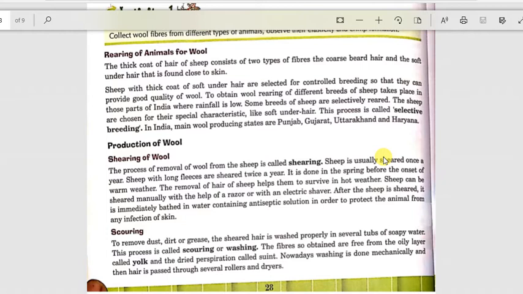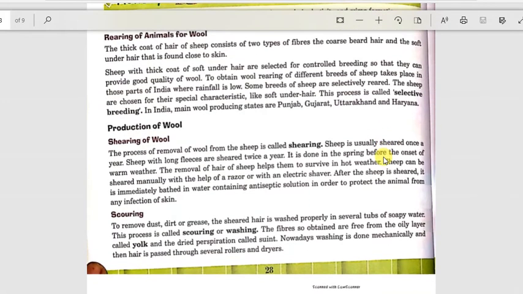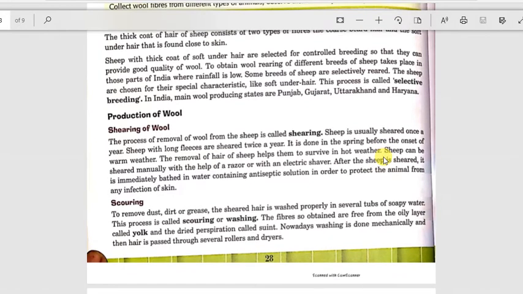This process is called selective breeding, that means selecting a sheep that has a thick coat of soft underhair for controlled breeding. In India, the main wool producing states are Punjab, Gujarat, Uttarakhand and Haryana.